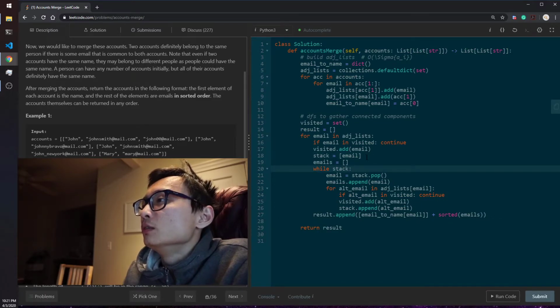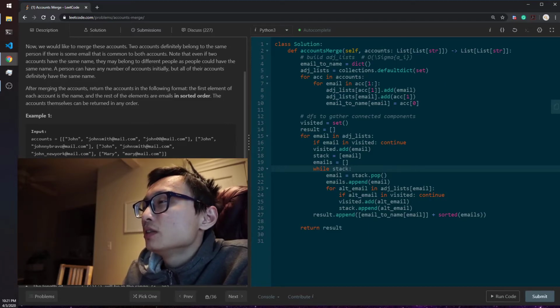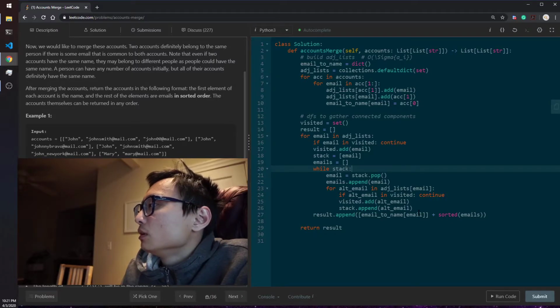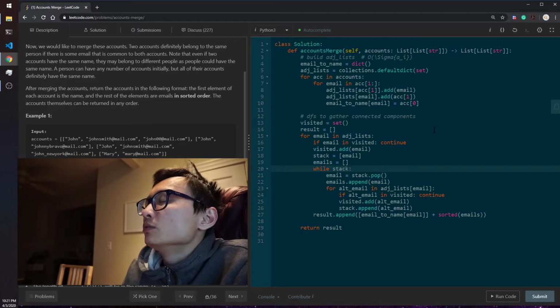And the way to do that is using a stack. We pop out emails and try to explore the neighbors of this particular email, the node, and we go as far as possible, and then if necessary backtrack. So I don't see anything that's obviously wrong,